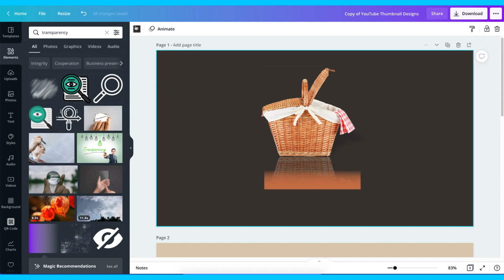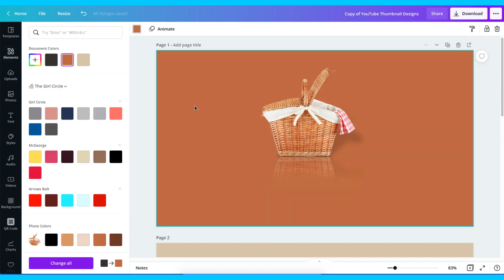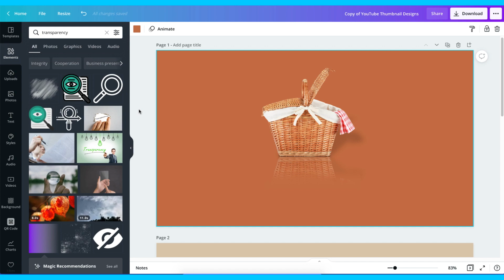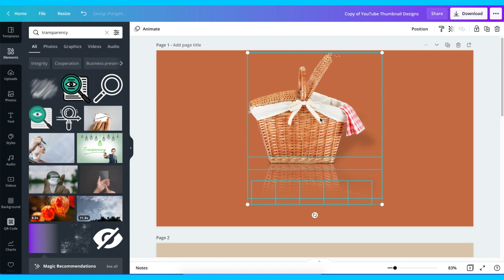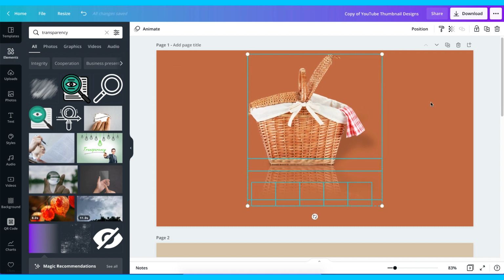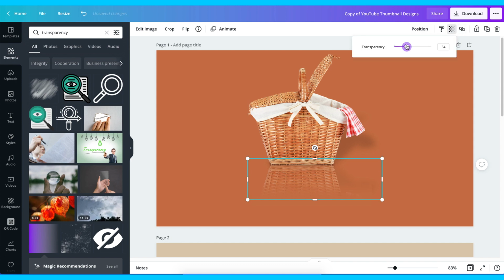If I go back here and click on this background and change this to this place, you see the transparency automatically fits and snaps into it, making it look much more realistic. Now if you group this entirely and you increase it, anyone who sees this photo will begin to imagine that it is sitting on something, and then it is just gradually fading onto the part where you're not going to see anything again. You can go ahead to reduce the transparency a little bit more, depends on your choice, but